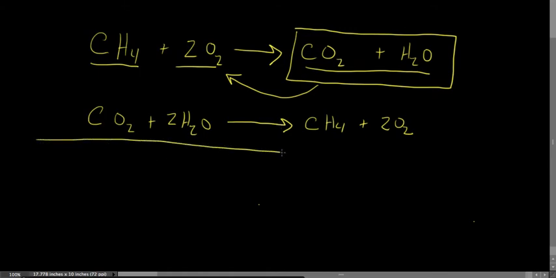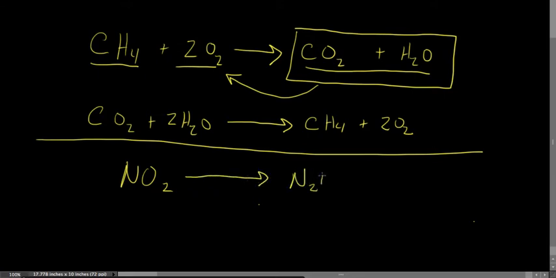For example, we can take this reaction: NO2, which is nitrogen dioxide, can react to yield N2O4. And again, we can do a little balancing here. But just like this forward reaction can go, we can also have the reverse reaction go as well. And we show this by drawing the two arrows, meaning this reaction happens in the forward direction. When two NO2 molecules come together, we would expect them to combine